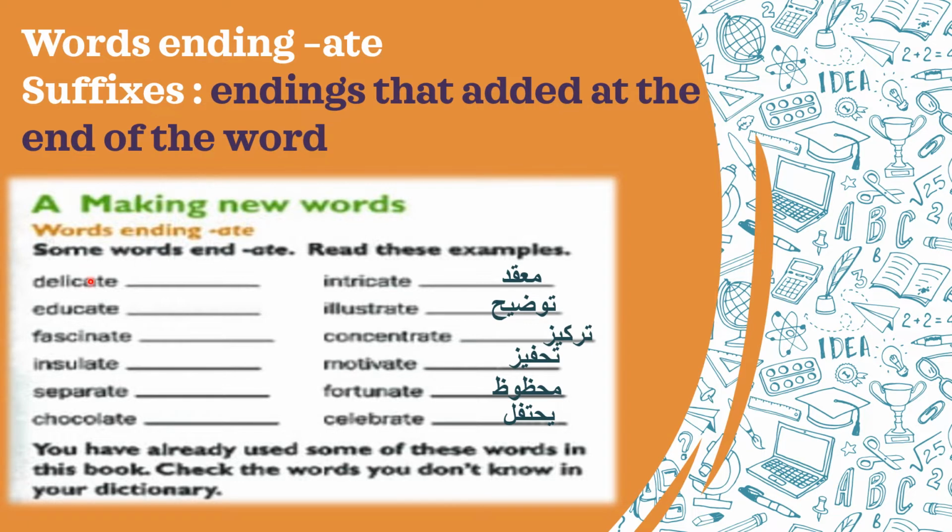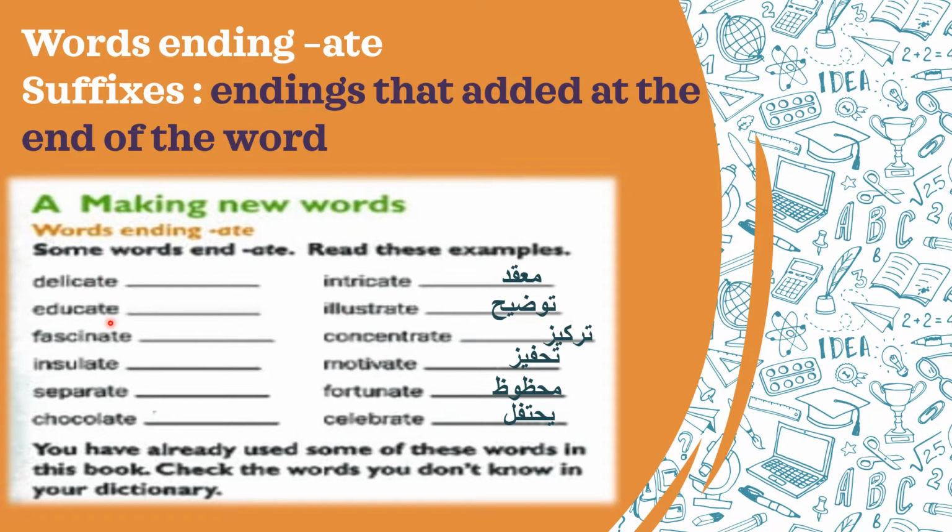So, in this question, we have lots of words that end in "ate", this is a suffix, but in different classes. What do we mean by classes? Yes, different classes like verb, adjectives, nouns, and so on. Now we want to read these words and recognize if this word is a noun, a verb, or adjective, and so on. So, we have delicate,